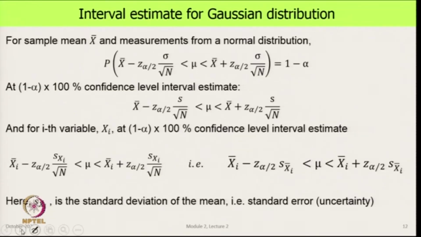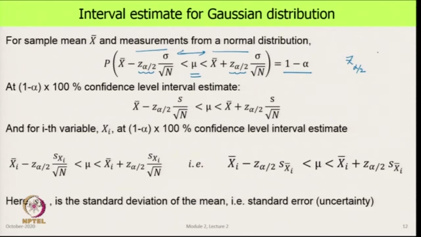Now, we say that let us assume for the time being that we have a Gaussian distribution. Can we get a more specific formula? In that earlier formula, can I know what that multiplication factor was? And that is what we have done here. We say that the probability that mu will lie in this interval from here to here is 1 minus alpha. So, alpha is the level of significance, and we got something coming here which is Z alpha by 2, which is nothing but the value from the normal distribution for that particular value of alpha.